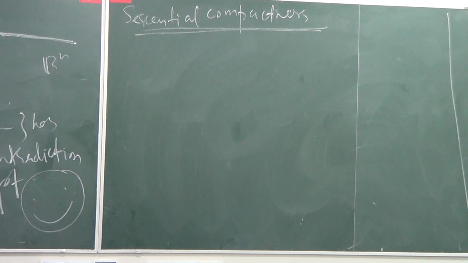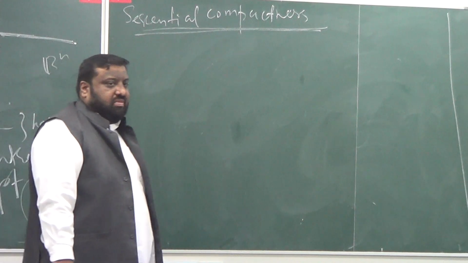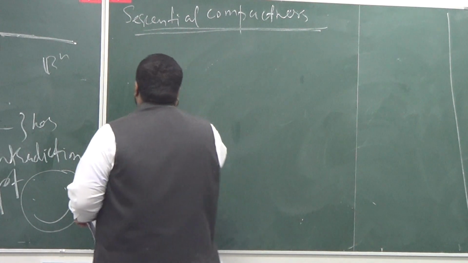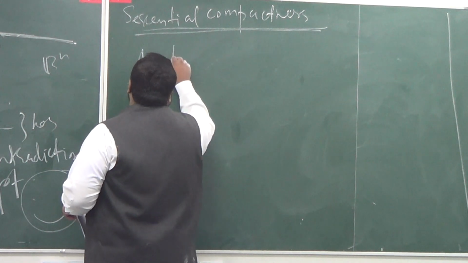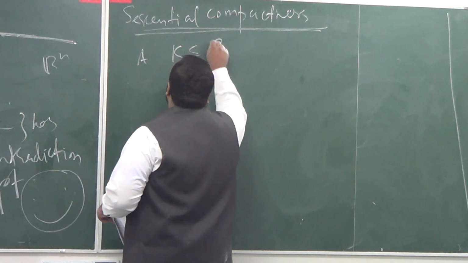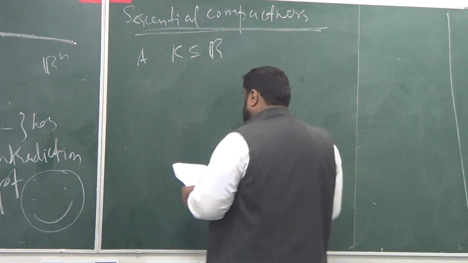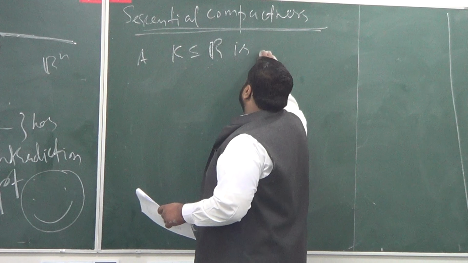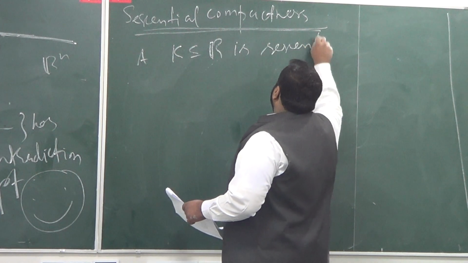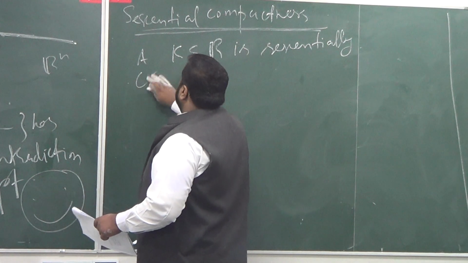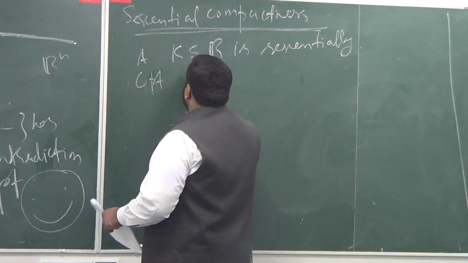A subset K of R is sequentially compact if